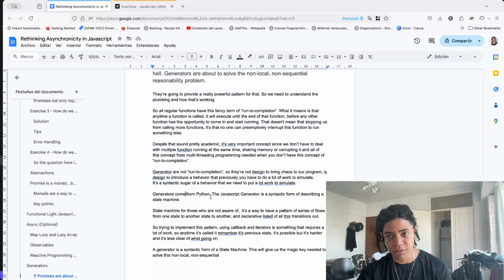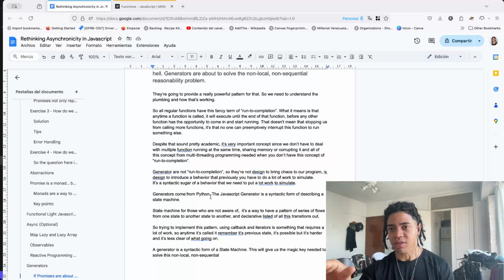But luckily for us, this regular function has that. But generators do not. And this is not to bring chaos. This is in fact just to bring a behavior that, when we need to simulate it in JavaScript, requires a lot of work. Makes a lot of sense. So this behavior